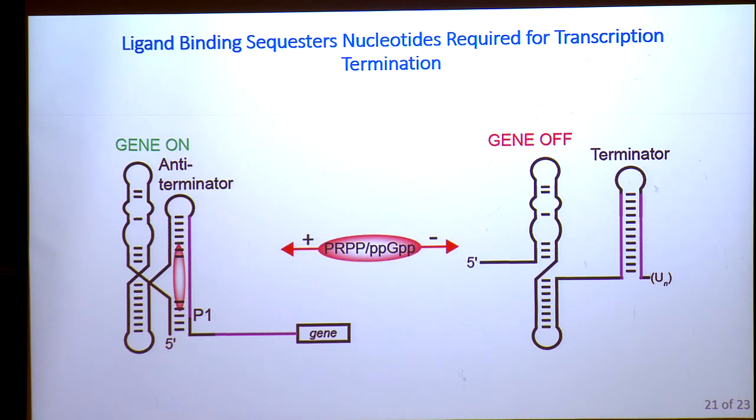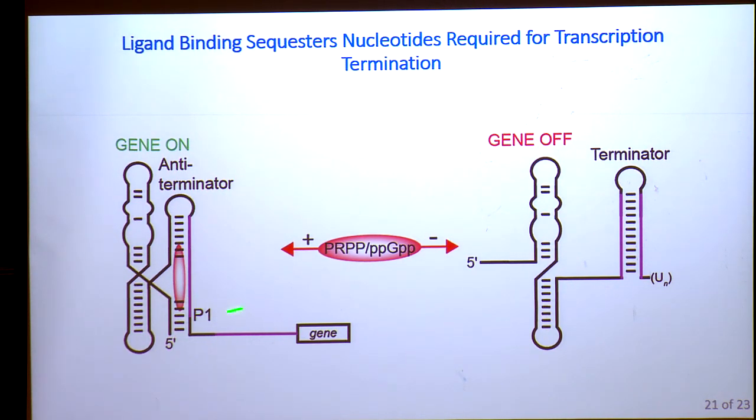And so finally, what this study showed was that previously, bioinformatics had predicted that this was a transcriptional on-riboswitch. And our structural and biochemical work supported these results and actually showed that when the ligand binds, it interacts with the 3' region of the RNA, sequestering these nucleotides from binding to the downstream region,